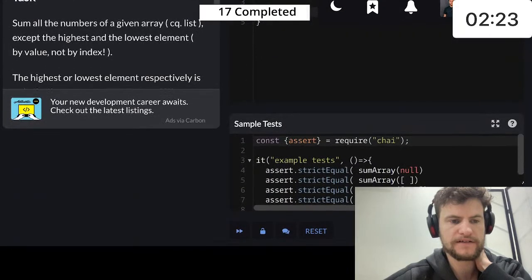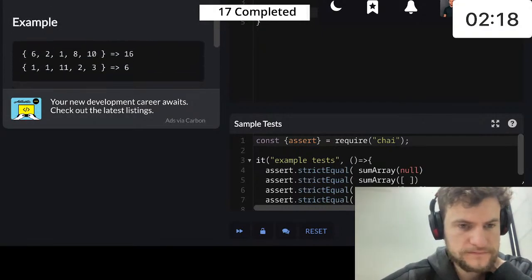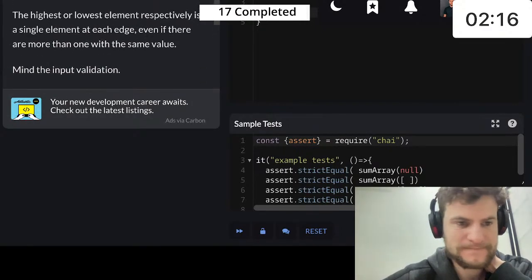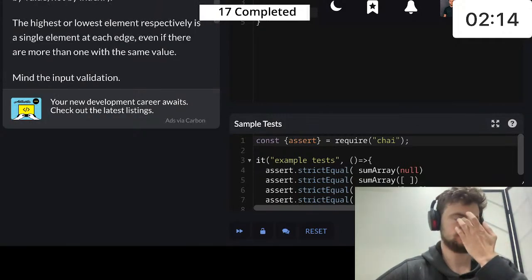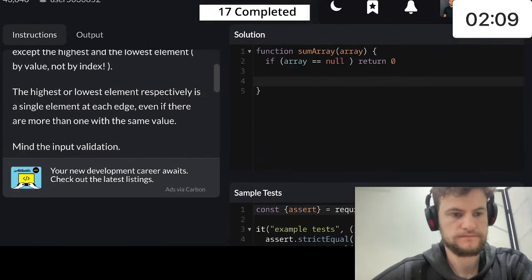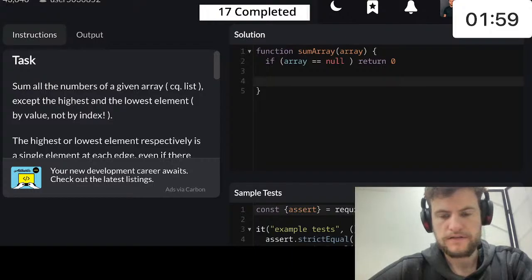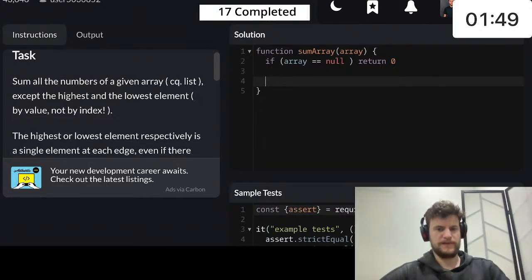Yes, this one's voted high still. Except the highest and lowest element by value, not index. I got 1 minute 50, and I